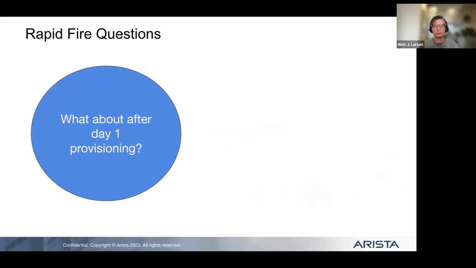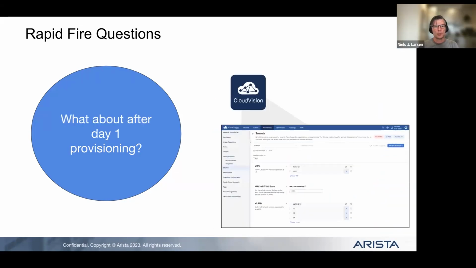What about after day 1 then? What are the options? One thing that is coming up that we haven't shown in this demo, in the essence of time, and I want to stress this was a very high level demo. I tried my best not to dive too deep, and maybe some of you are sitting back with your head spinning.